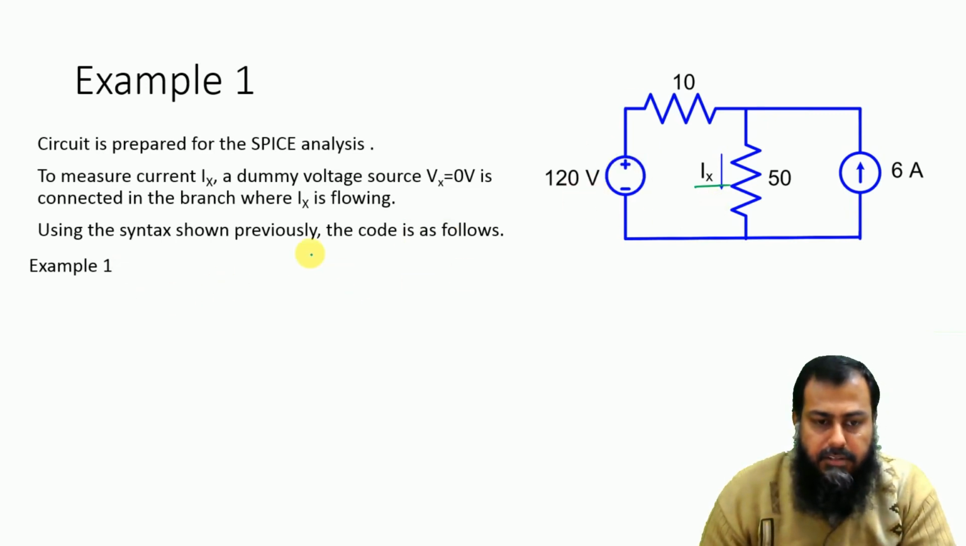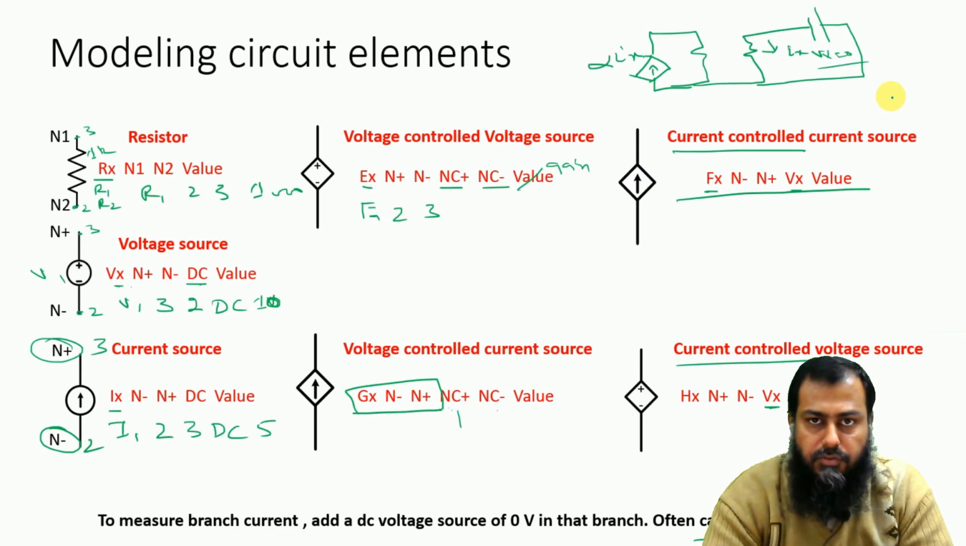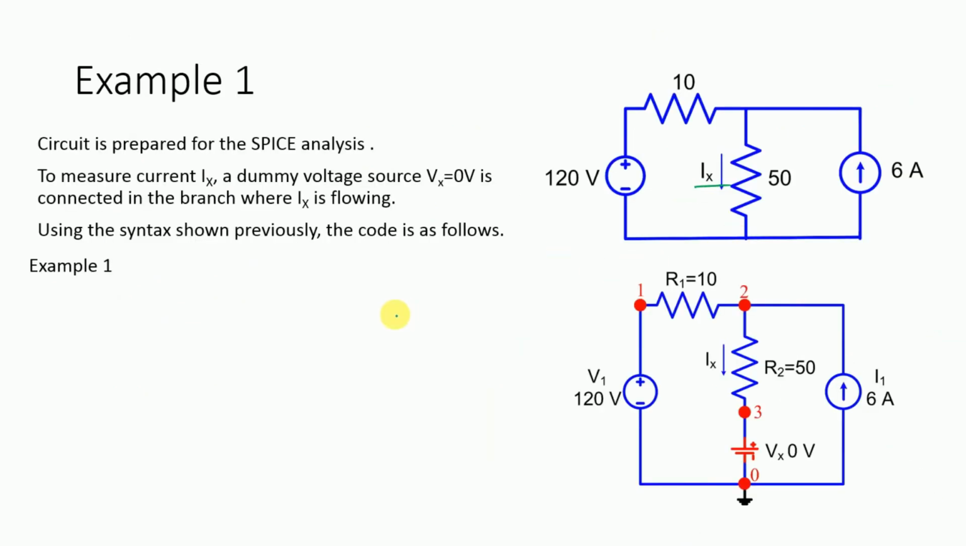So remember that the syntax which is shown in the previous slide is what we have to use in this circuit as well. We need to first of all model the circuit, and we need to define the nodes here. After defining the nodes, I say this is node number 1, this is node number 2, and because we want to measure the branch current flowing in this 50 ohm resistance, we have connected a dummy voltage source